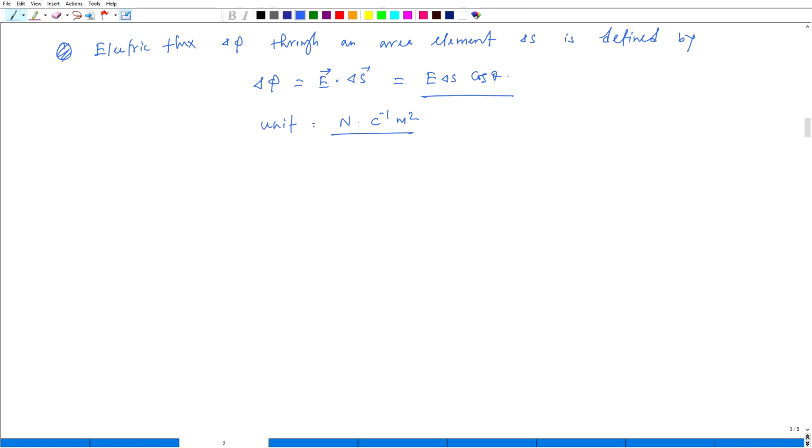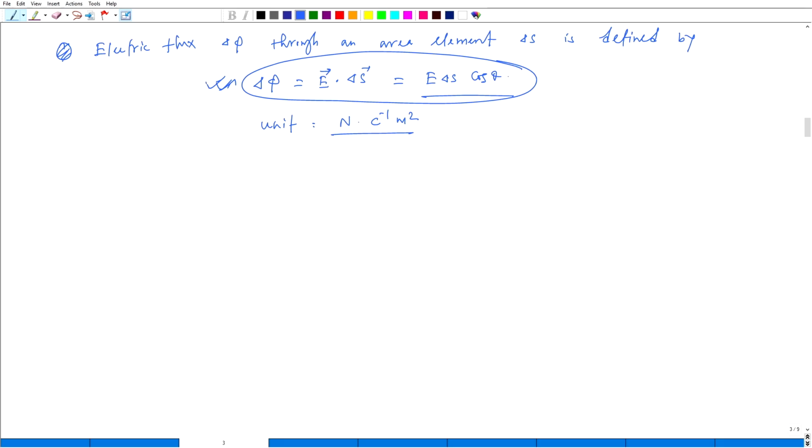We consider a surface, not a volume, so we calculate the total flux. Basically we divide the surface into small area elements and calculate the flux at each element. We know the flux of a small area element ds, delta phi, is E times ds, defined for a small area element delta S. Now to calculate the flux through the whole surface, we first split the surface into small elements, we know the flux for a small area element, and then we algebraically add up for all area elements. Therefore the total flux